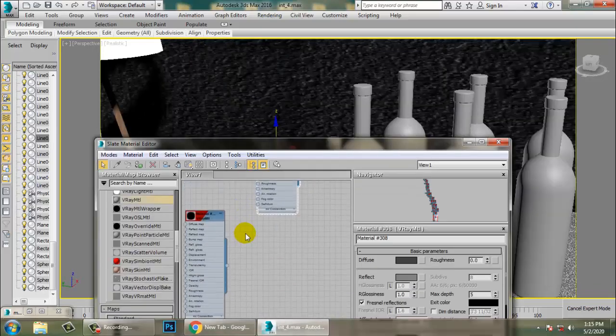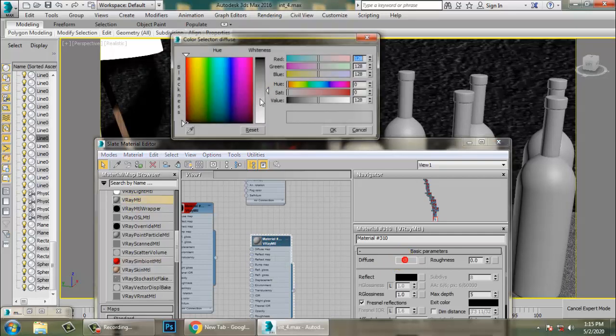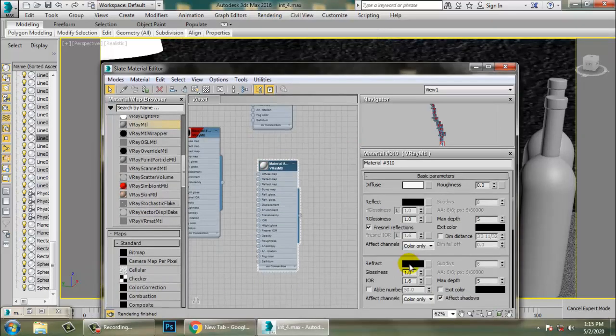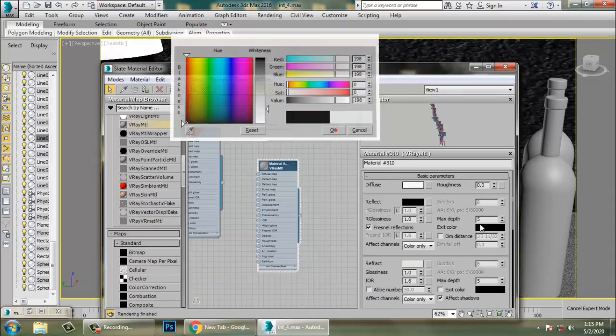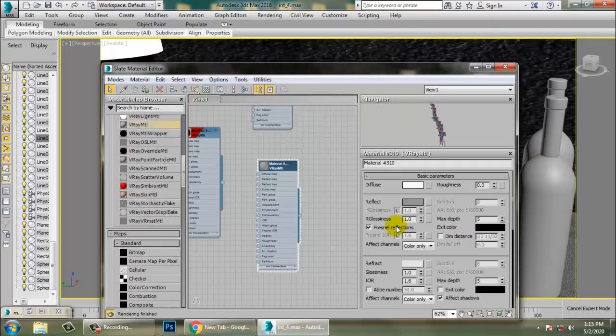So I'll just go over here and I'll take a V-Ray material and just assign a white color and increase its refractiveness. So just increase its refraction, increase its reflection, and your IOR, that's the index of refraction, let's make it 2 over here for the bottles.